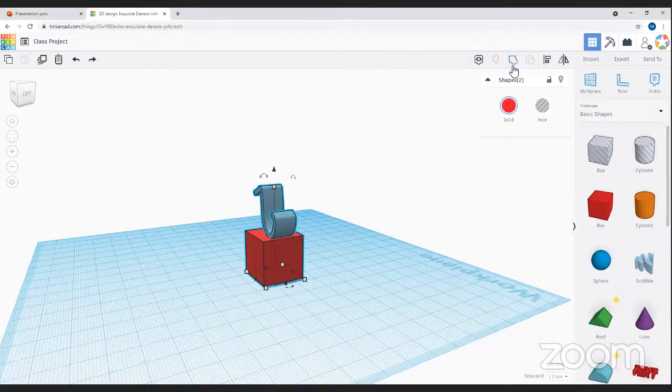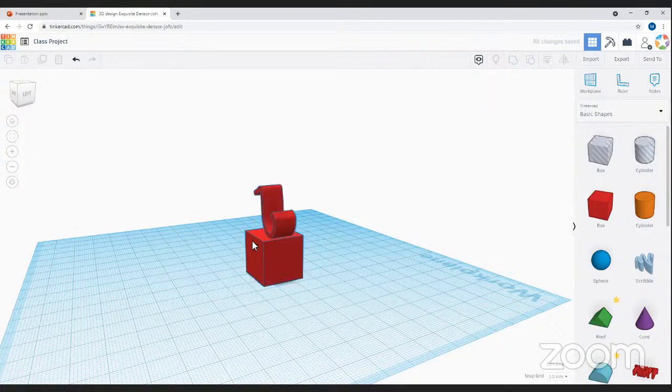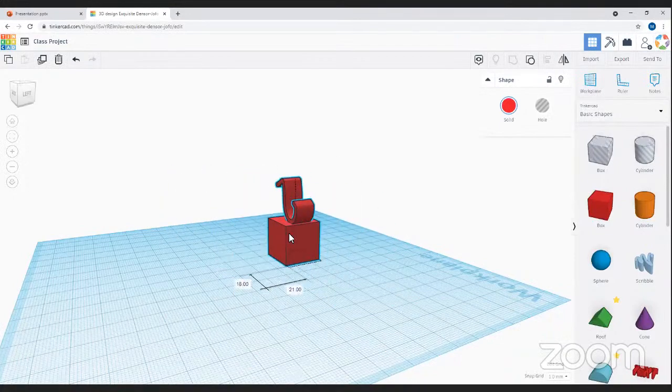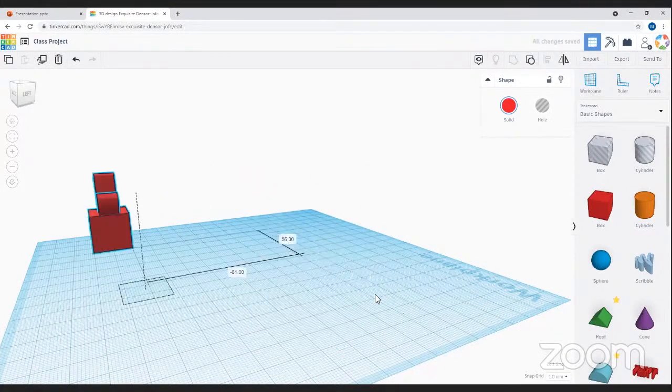We have these two tools here. One that's not active just yet. We'll get to that one. We have this one here, and if you hover over it, you'll see that it's titled group. What group does is it makes the two objects that you have selected, or more, become the same object. So now if we click on it with just a click, it's now one object altogether, and it moves